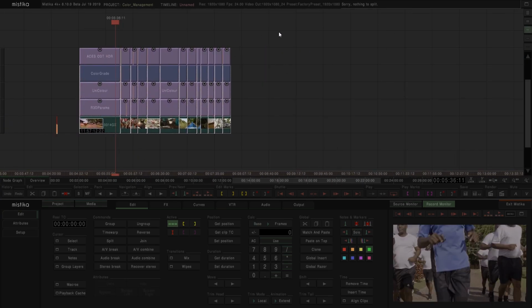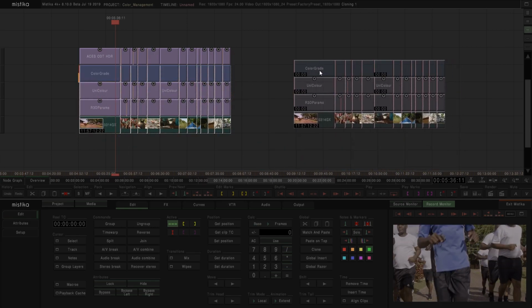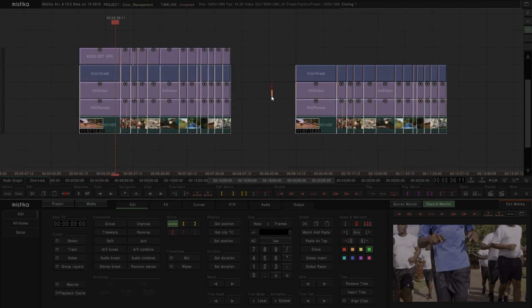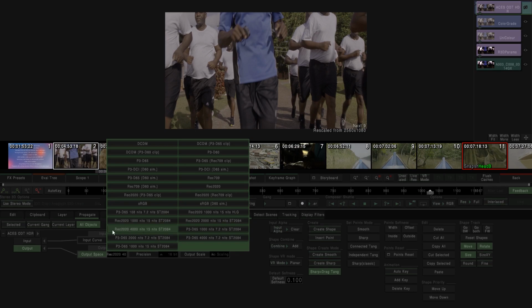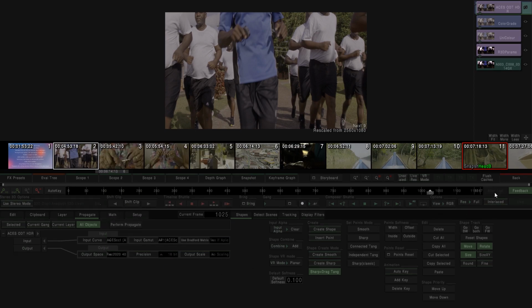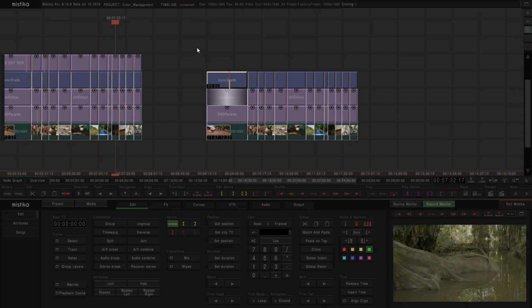So how do we manage the SDR version? Well, again, at the beginning I said I'm going to start with the most obvious way to do it, which is basically by duplicating my project or by duplicating my timeline. I can just take all my files, duplicate them, and just put them in here. Now, instead of using this ACES ODT HDR, which is configured in Rec 2020 and 4000 nits, I'm going to use another ACES ODT,